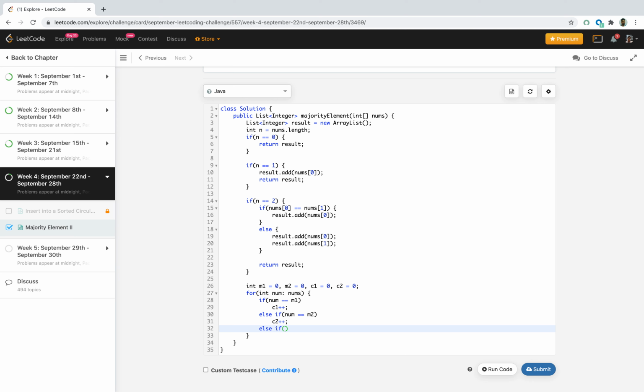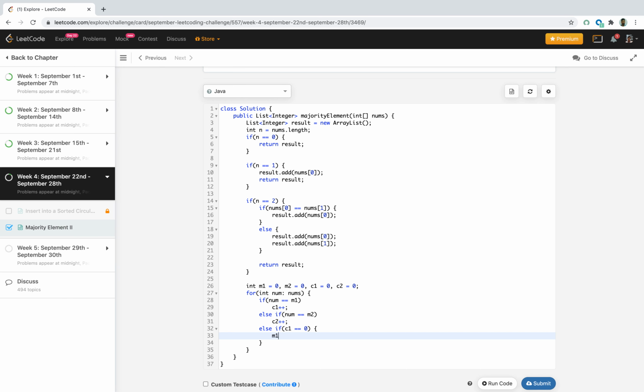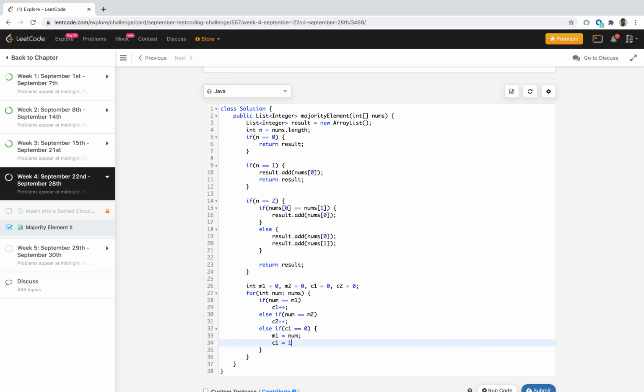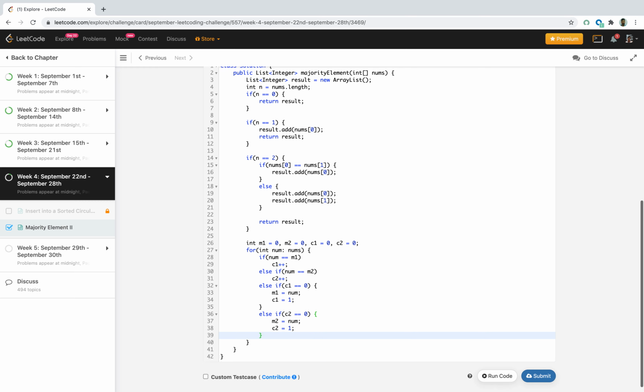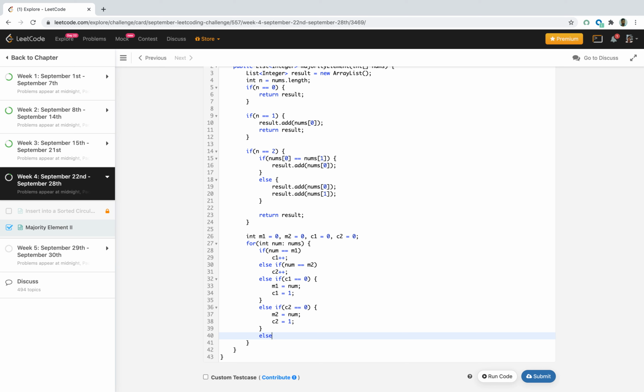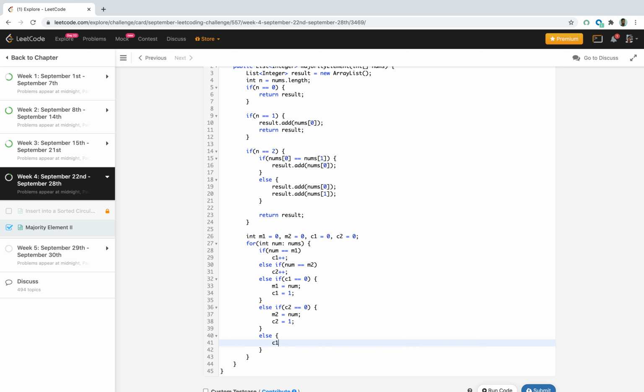Else if count 1 equals 0, then we'll initialize majority element 1 with that number and count 1 to 1. Else if count 2 equals 0, then we'll initialize majority element 2 with the current number and count 2 to 1. Else we'll decrement both counters.